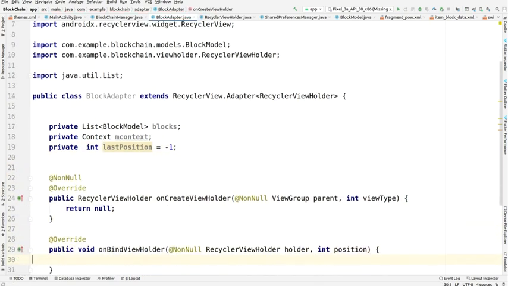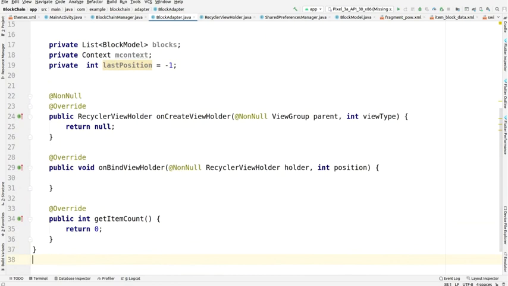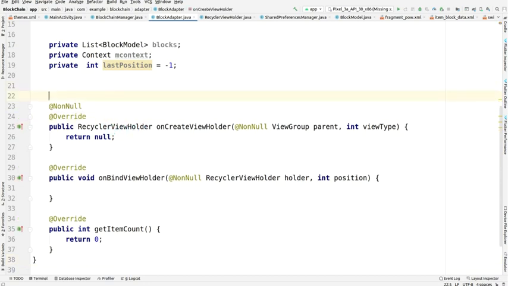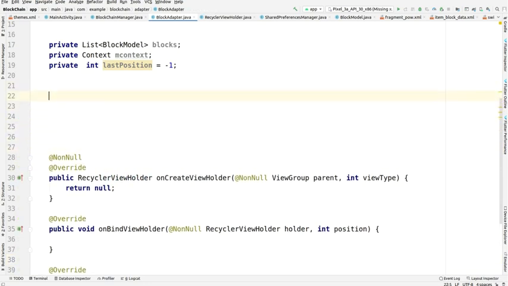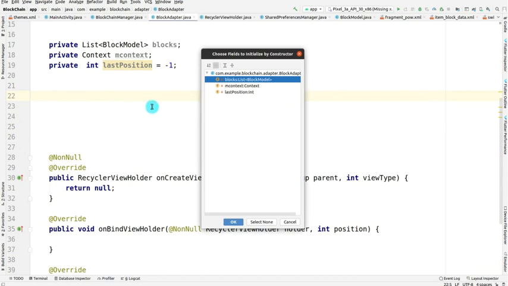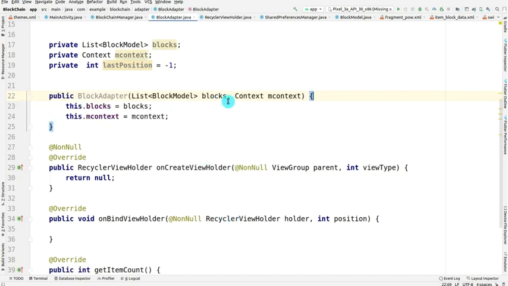Okay, so we have these three methods right now, and we are going to change the definition of each method one by one. But before this, we have to generate a constructor for these properties, and I will click on OK. So the constructor is generated, as you can see, for the list of blocks and context.